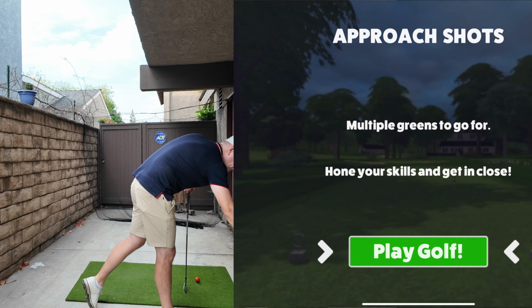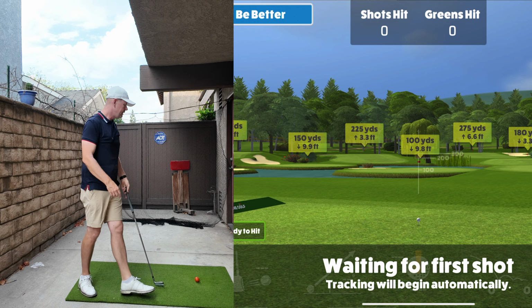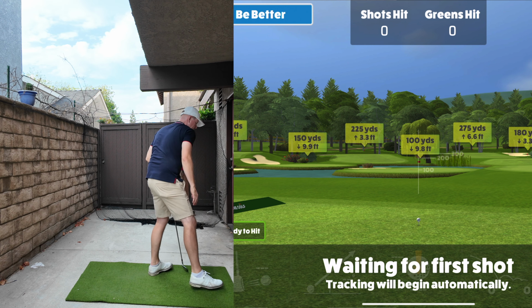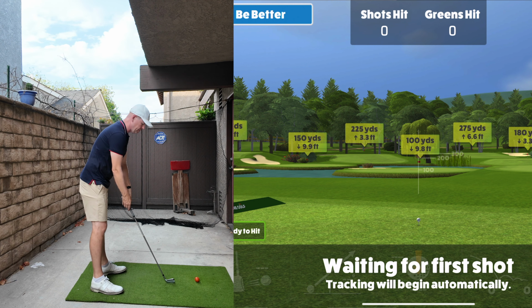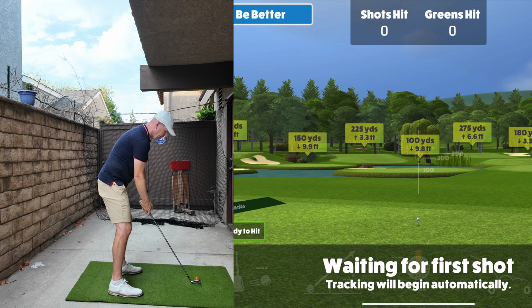challenges, approach shots, I almost wouldn't even like the GC3 nearly as much until I got this Awesome Golf app. Now, since I have the Awesome Golf app, I love the GC3. I'm using it all the time. It makes it way more fun. There's all kinds of fun things on it too, but it really has turned this thing alive